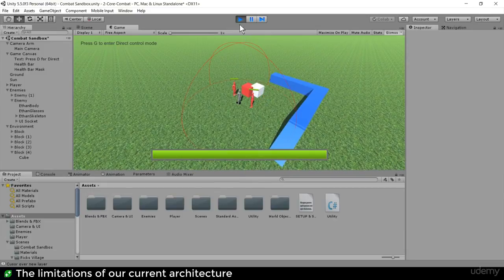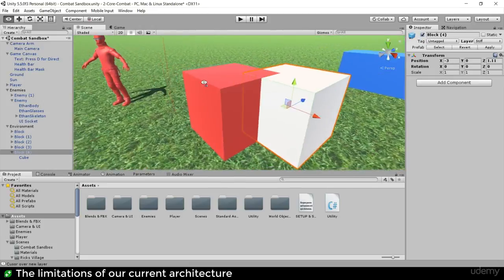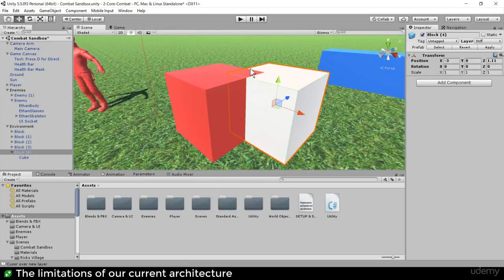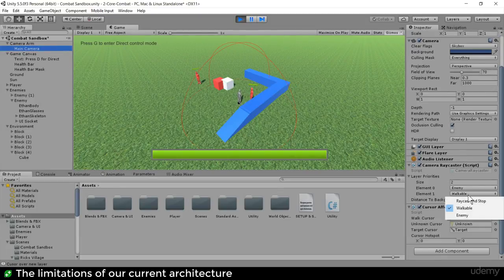By the way, the little flickering you see on the top there, that white, that's called Z fighting. It's because the renderer doesn't know which of these two triangles that are at exactly the same position to render. So if I just move that up a tiny bit, it would solve that Z fighting. But I want to be able to add stuff to the layer priorities in one easy fell swoop, and then